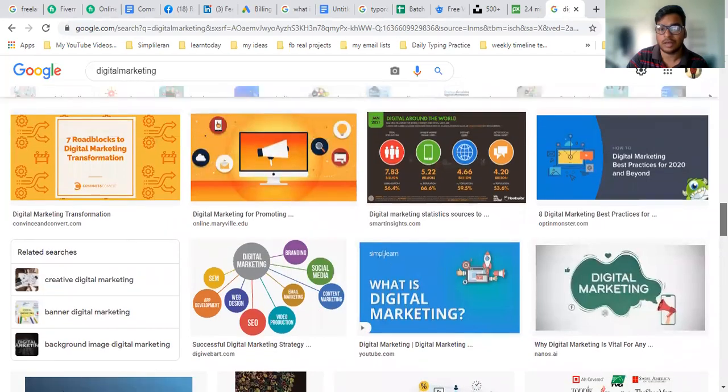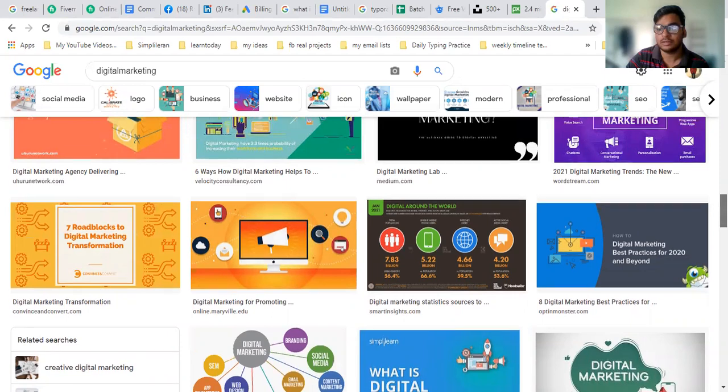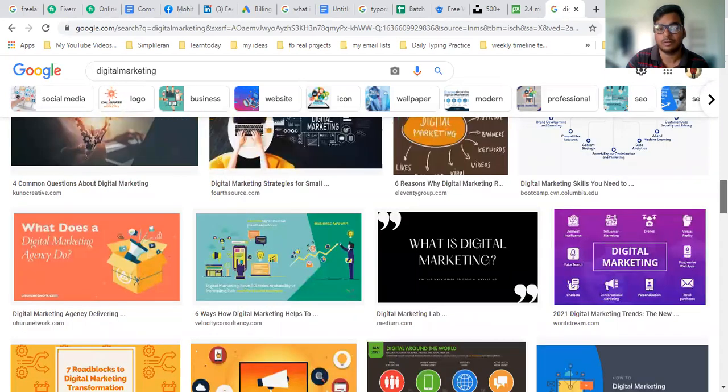So how can you check if an image has copyright or is free from copyright? There is a way to check this.